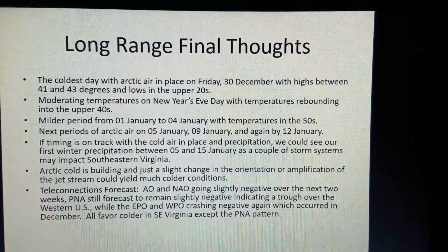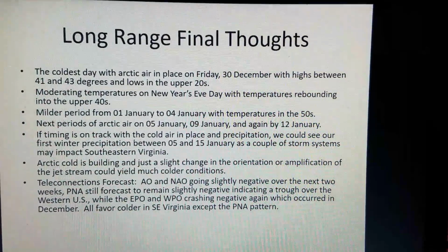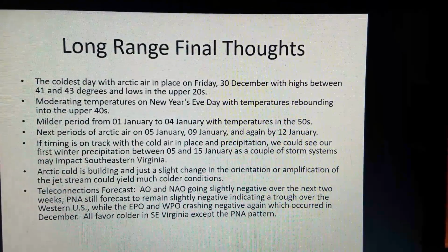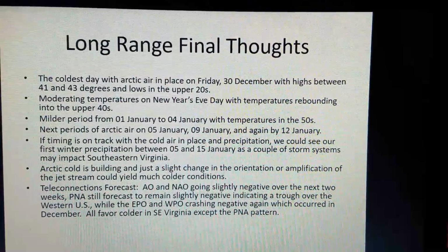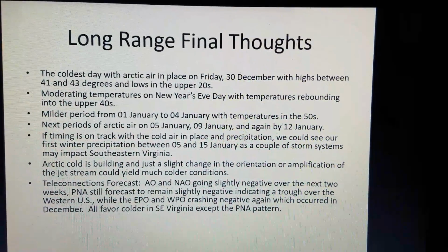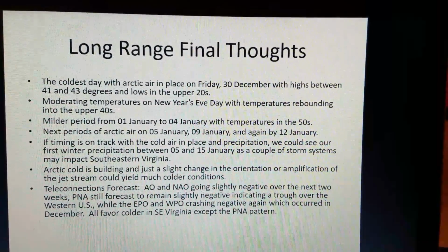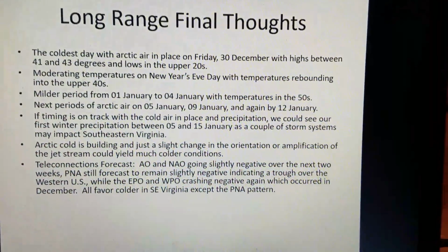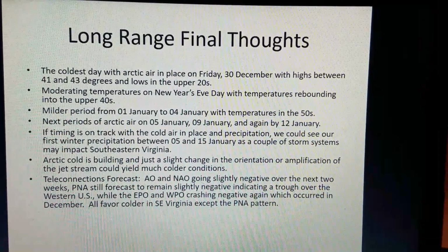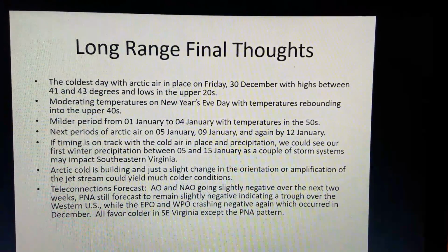We do expect moderating temperatures as Arctic high pressure moves offshore on New Year's Eve day, especially towards the evening. Temperatures are going to start rebounding. Highs on New Year's Eve day into the upper 40s. We don't expect temperatures to drop nearly as low on Saturday night, New Year's Eve. So the moderating trend commences. We do expect a milder period from New Year's Day, the 1st of January to 4 January, with temperatures rising into the middle to possibly upper 50s for highs, as southwesterly winds develop out ahead of the next Arctic cold